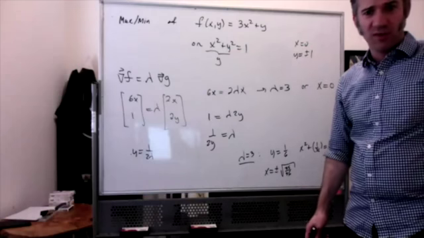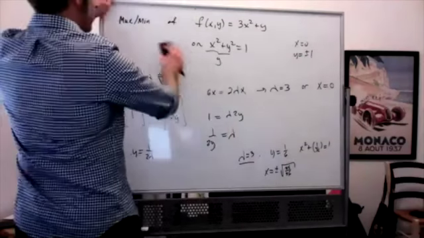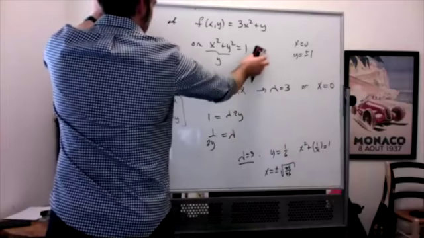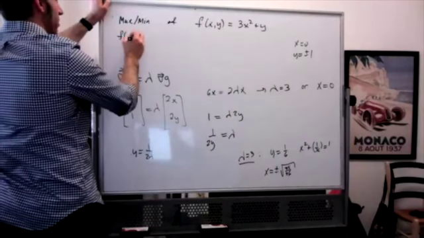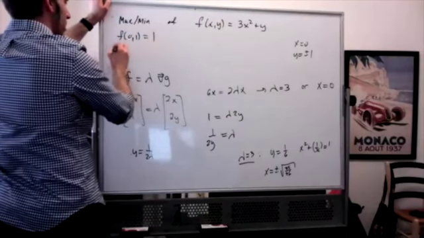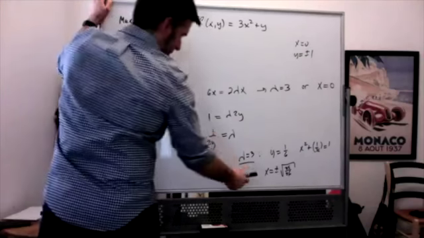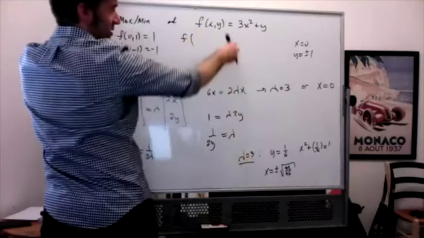So there's actually 4 points to check. Which one's going to have the biggest value, which is going to have the least value? Well, let's find out. So f of 0, 1 is going to be 1. F of 0, negative 1 is going to be negative 1. Using these points here, it shouldn't matter if x is positive or negative because this will still square